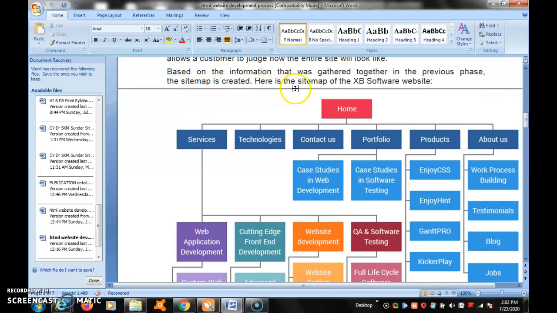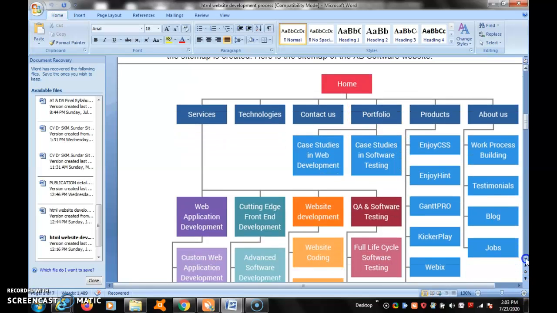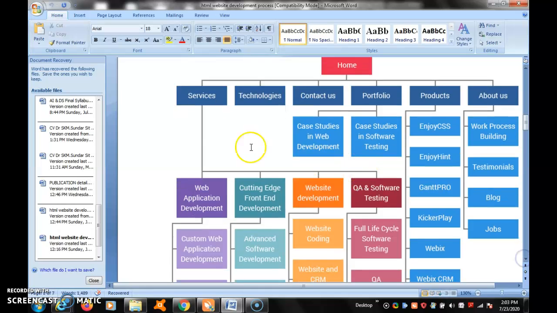Here is the site map of the HP software website. This plan shows the website framework. Here we have home, services, technologies, contact us, portfolio, product, about us.